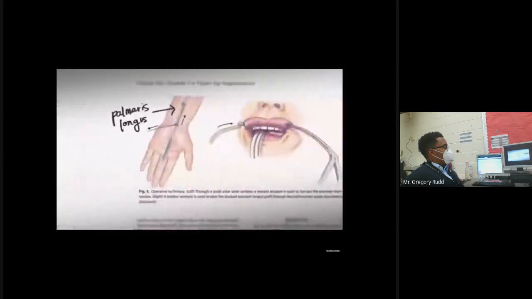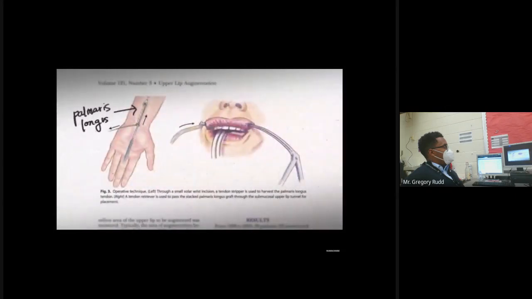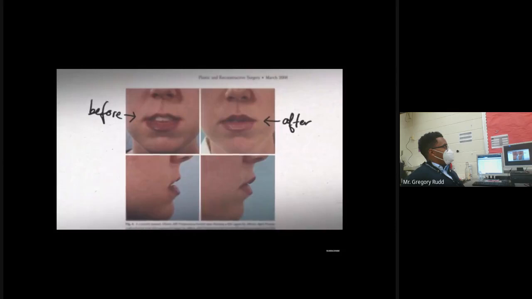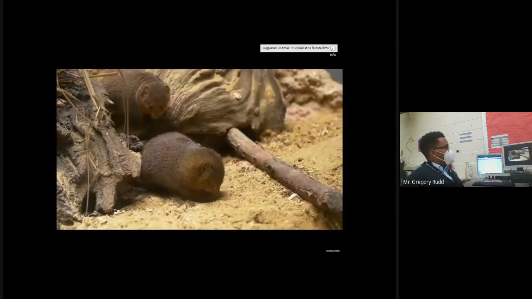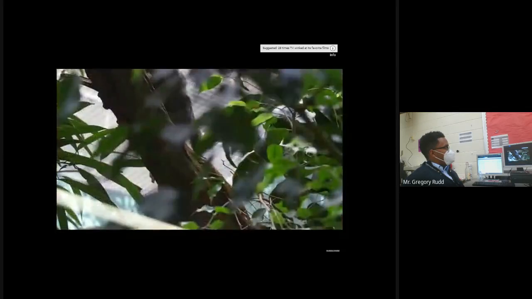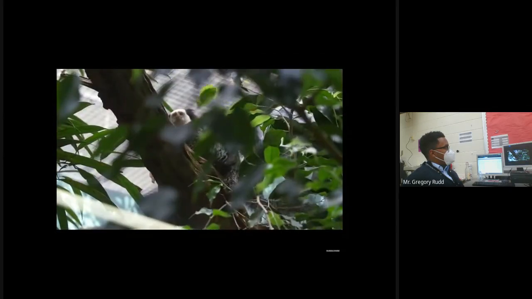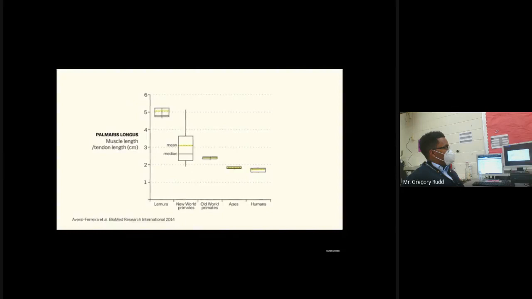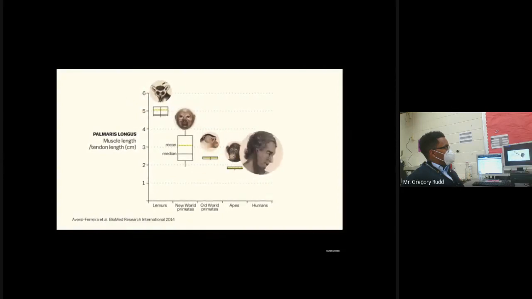In fact, it's one of the first tendons that surgeons will take out so that they can use it in reconstructive and cosmetic surgeries. You can find the palmaris longus across mammal species, but it's most developed among those that use their forelimbs to move around. In primates, that means the muscle is longer in lemurs and monkeys and shorter in chimps, gorillas, and other apes that don't do a lot of scrambling through trees.